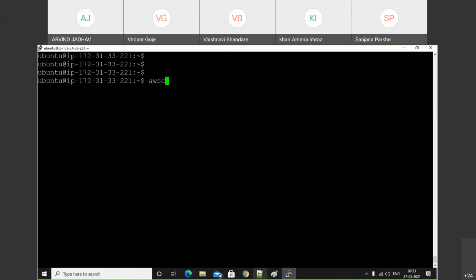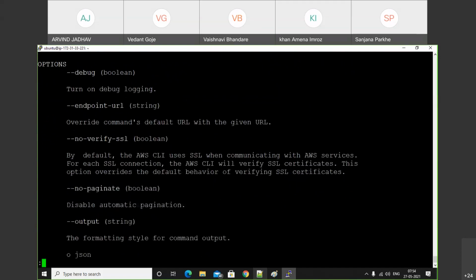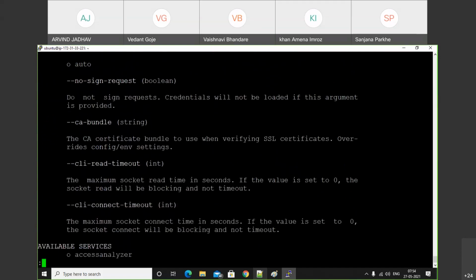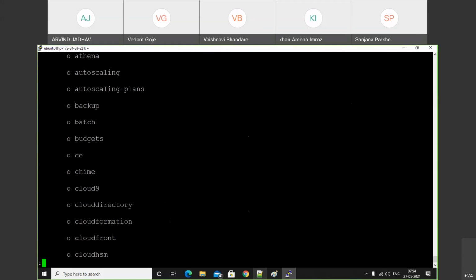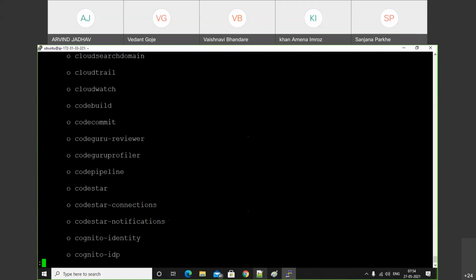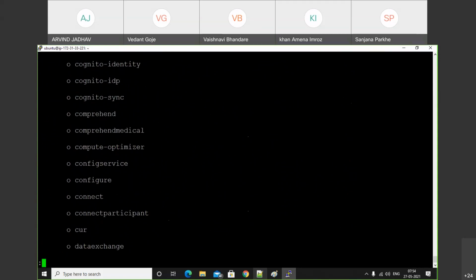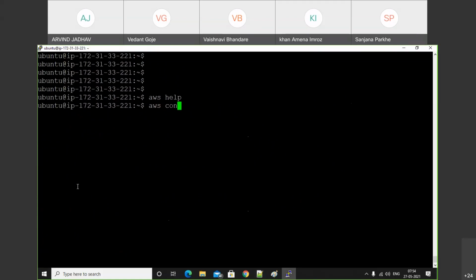For that, aws configure. We need to enter aws space configure.